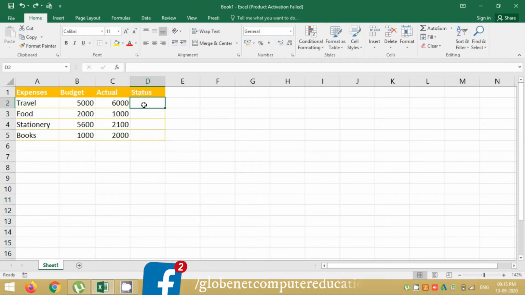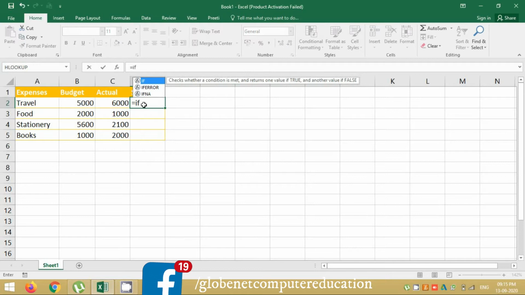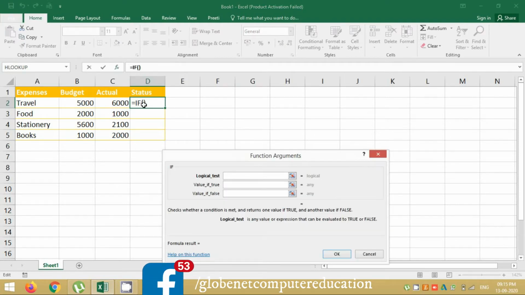So to start with, you write equal to IF, open bracket. I'll use the Ctrl+A argument box. So we'll create a small function here wherein I'm saying if the text is food in the first column, I want the status as yes, otherwise I want the status as no. It's a very simple example just to show you how to work with text. You can write conditions on text, on numbers, on dates, any data type is supported. So my condition would be written in this way.